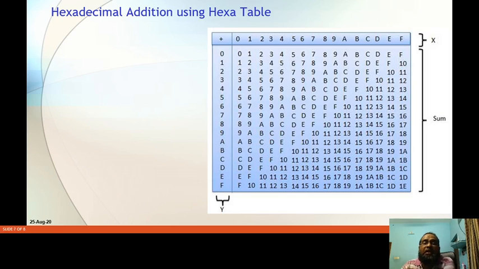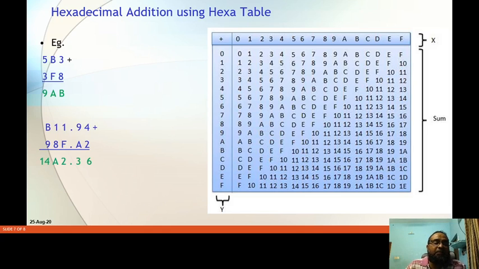Here also there is a hexadecimal addition table. Instead of finding or converting the number, you can directly substitute from this. For example, I want to add 6 plus E. What to do? Take 6 from the column and E from the row. 6 plus E is equal to 14. Another example, C plus F. C in the row and F in the column, or vice versa. You will be getting the same number. The answer is 1B. These are certain examples already given. You can directly substitute from the table.